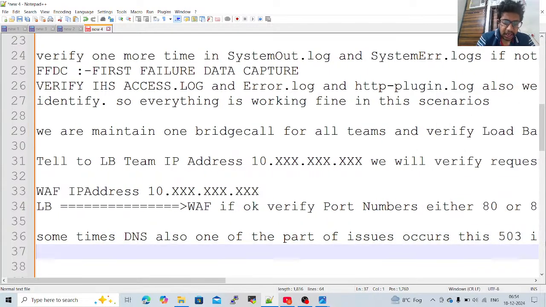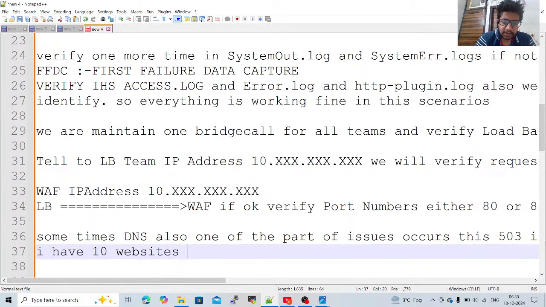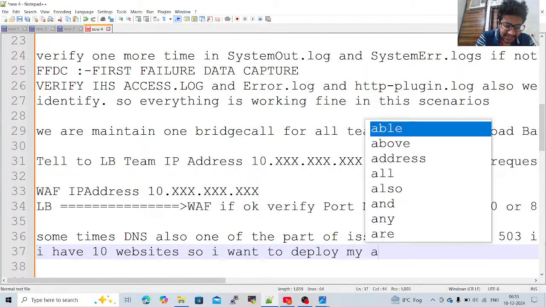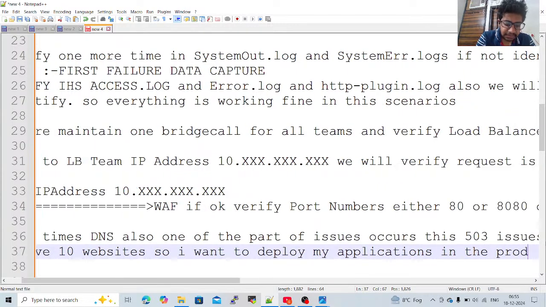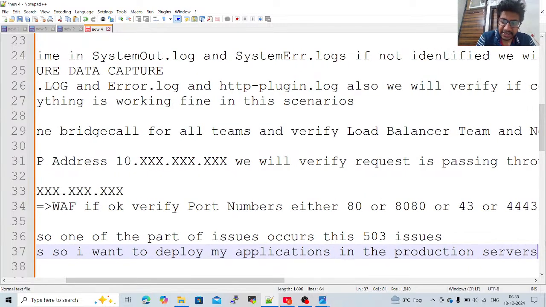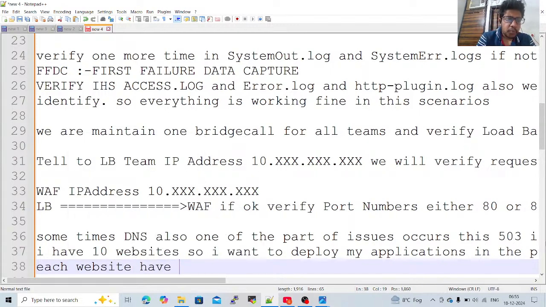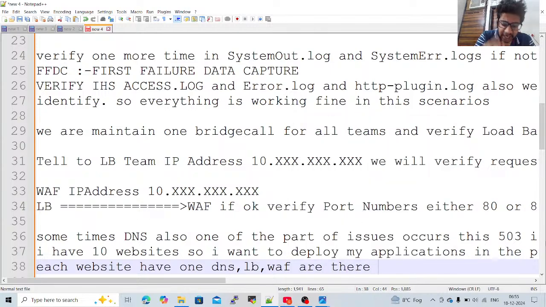Okay, so I have 10 websites, and I want to deploy my applications in the production servers. Each website has one DNS, LB, and WAF. In this scenario, in this point of the scenario,